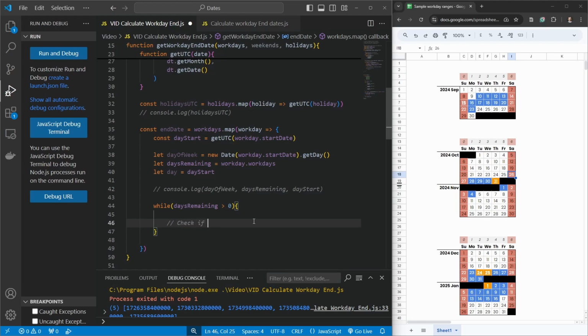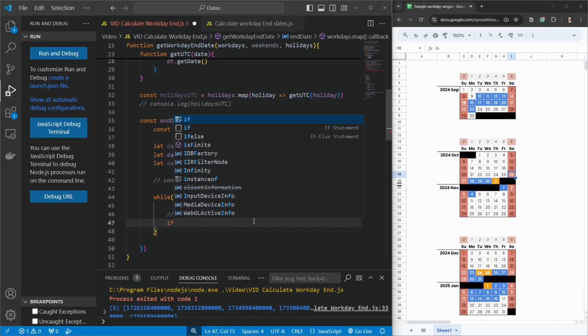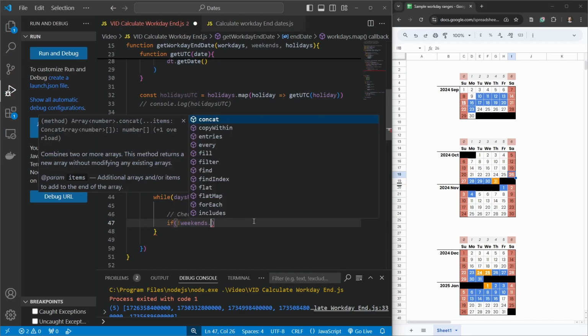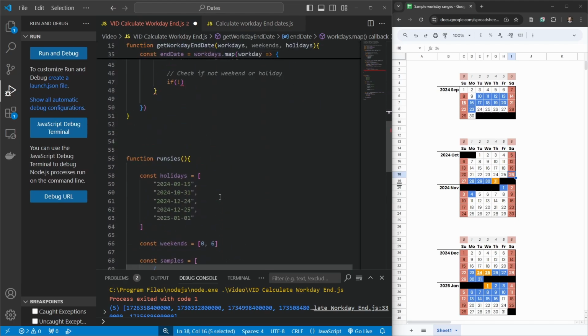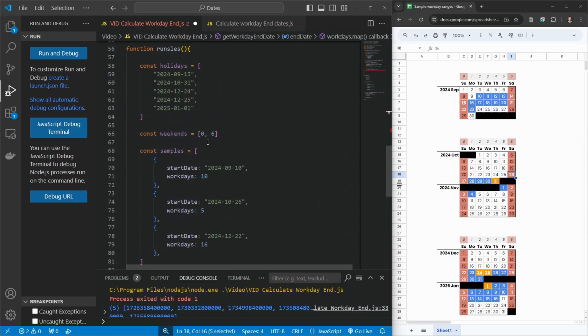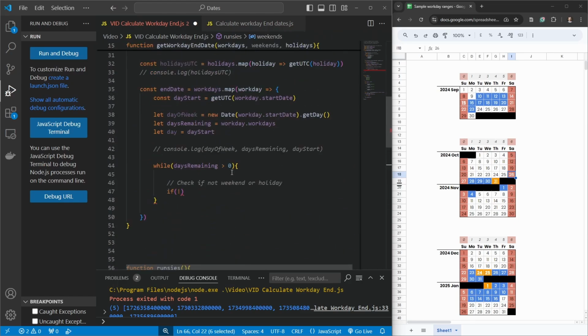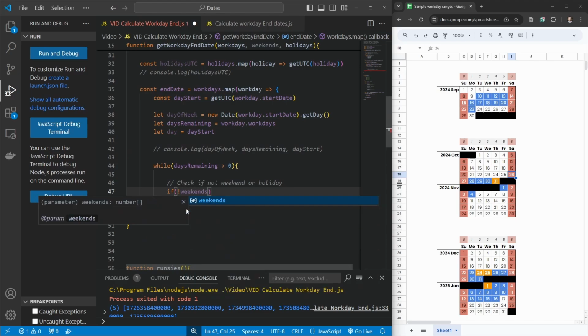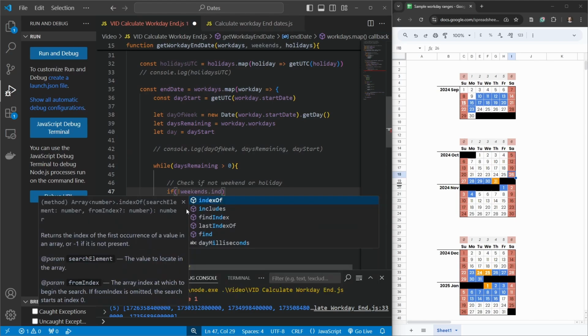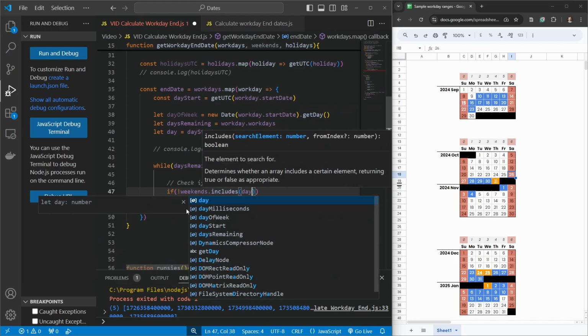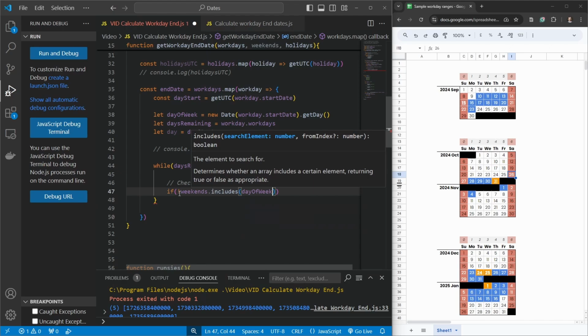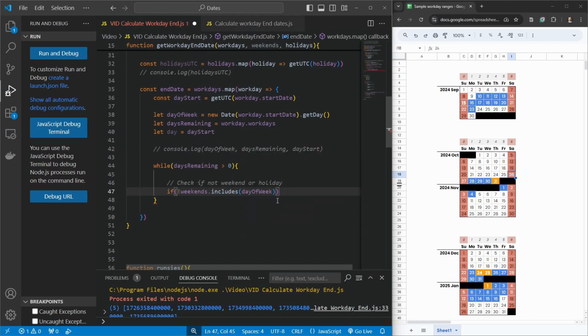We can do that by saying if our current day of the week doesn't match our weekend array, then it's going to be a workday. So we can use the JavaScript includes method here. So if weekends doesn't include day of week, and we do that by using the exclamation mark at the front,